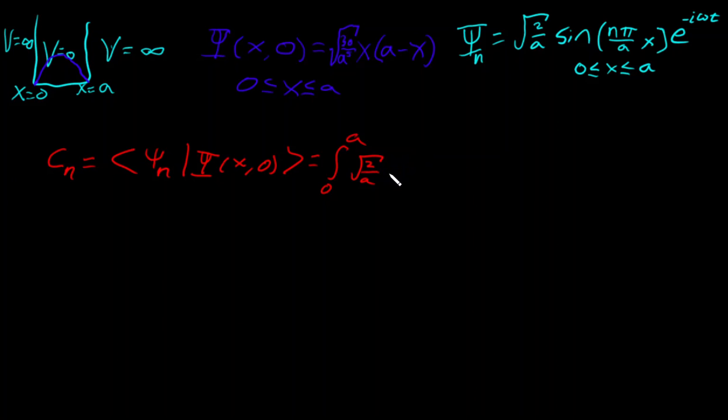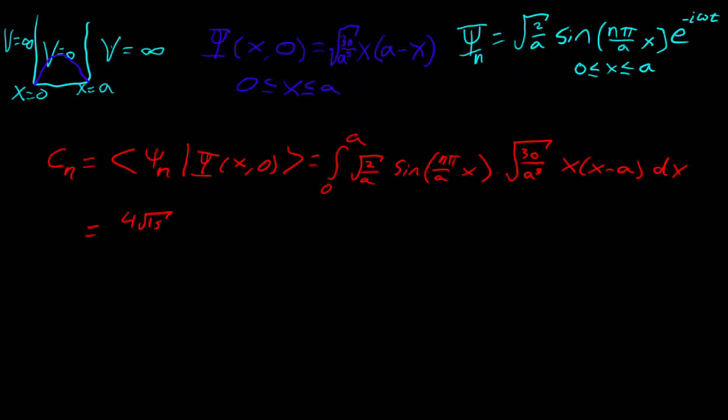And then times our wave function, root 30 over a to the 5th, x minus a, dx. Okay, and if you do this integral, what we will get is 4 root 15